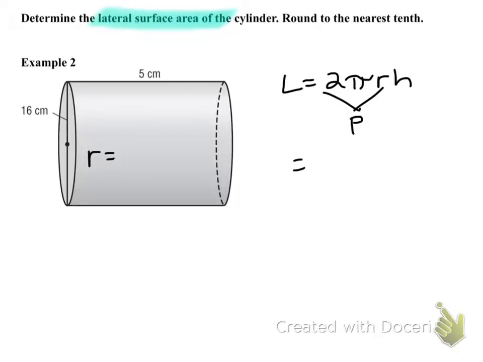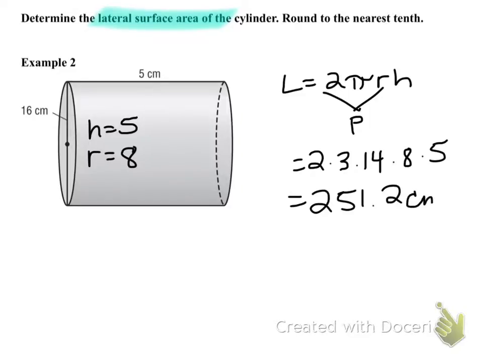r is going to be 8. Remember, just because this is how tall it is, that's not necessarily the h. The h is 5. This is the height. All right, so plug those in. 2 times 3.14 times 8 times 5. Plugging that straight in, I get